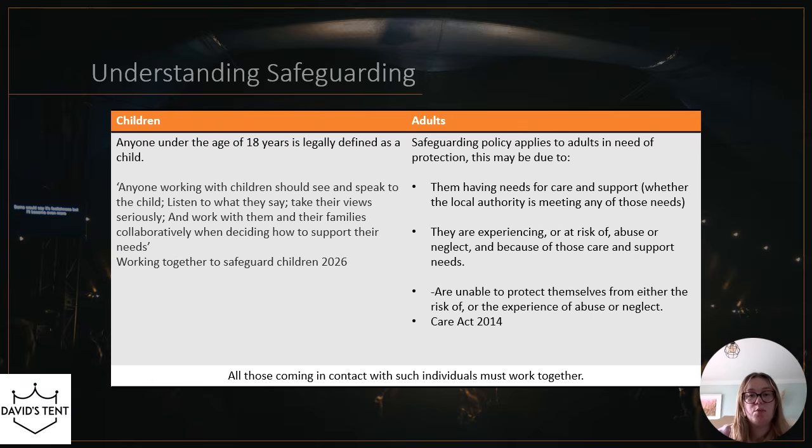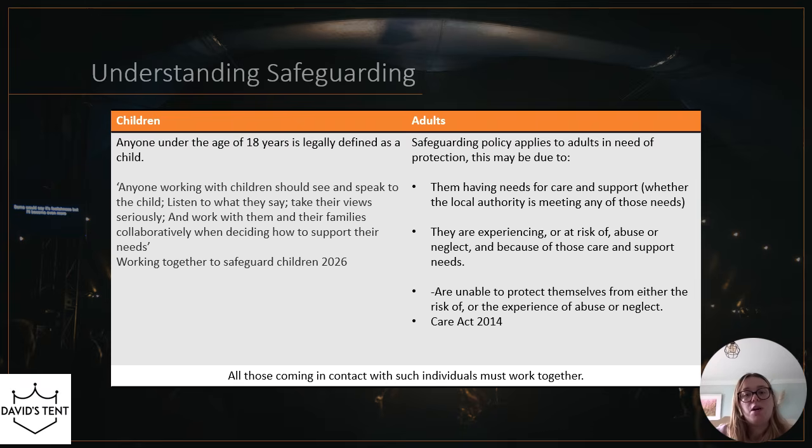So it's really important to be aware of those children that you might come across on site, or actually if something's happened to somebody historically when they were a child. Our under 18s ministry have a different safeguarding training which goes into this in a lot more detail.